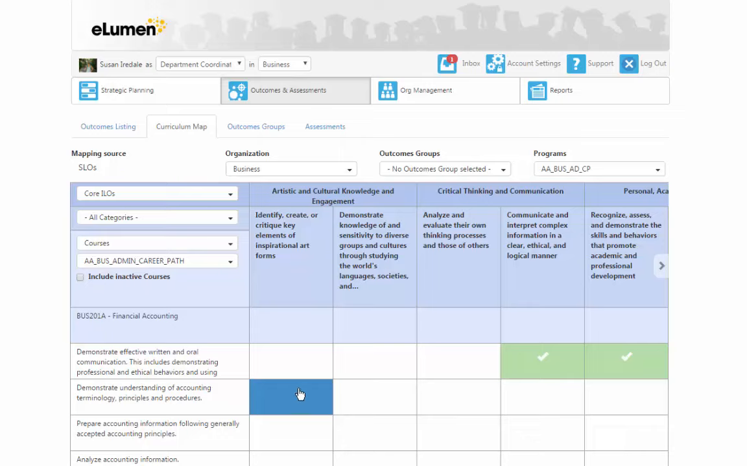You do not have to hit save. eLumen will keep all mappings as they occur. If you want to map one SLO to more than one ILO, that's fine, but be sure to only choose